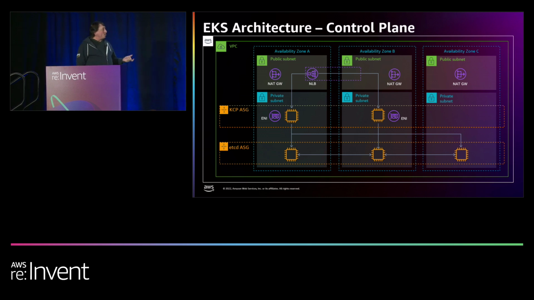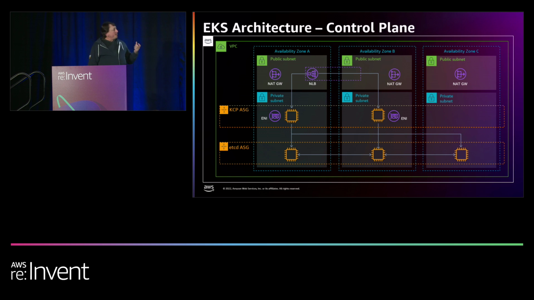We take the Kubernetes control plane and we put that in its own auto-scaling group and attach an ENI into it, which I'll get into more. And that is in 2 of the availability zones. And if you've ever created your Kubernetes cluster, depending on the tools you use, some of this might be abstracted for you. But those 2 availability zones match the availability zones that we require from you when you create your cluster. So the subnets that you provide, what we want to do is anticipate where you're going to have your capacity running in the cluster, and we want to require that it be diverse. And so we create the Kubernetes control plane instances in the same availability zone as we expect you to run